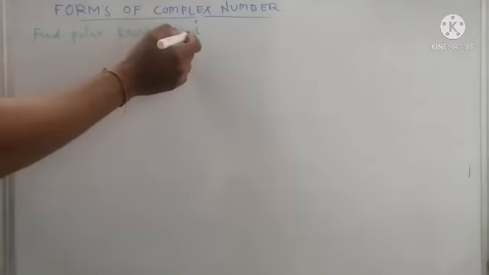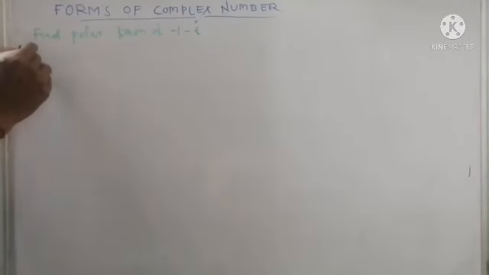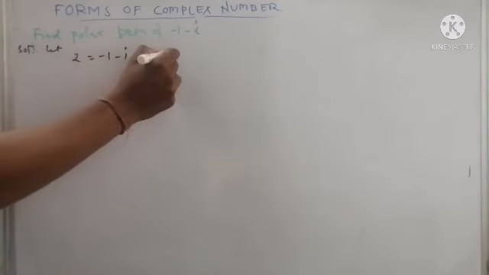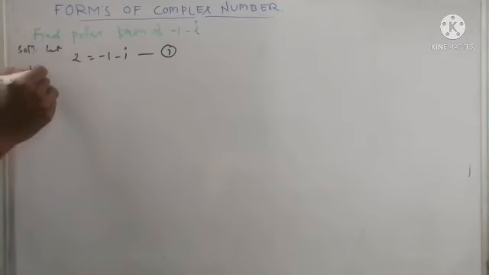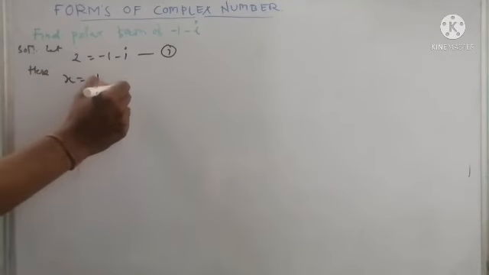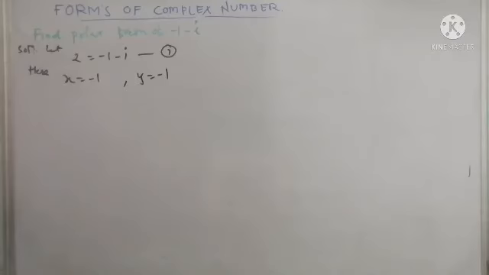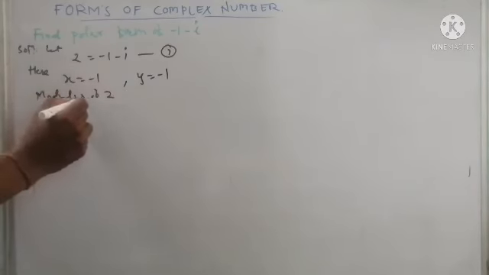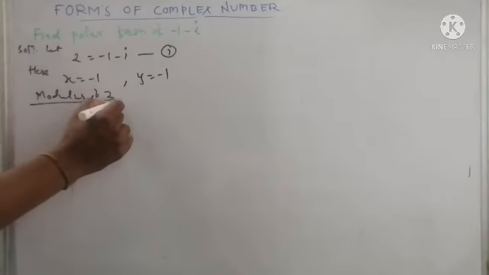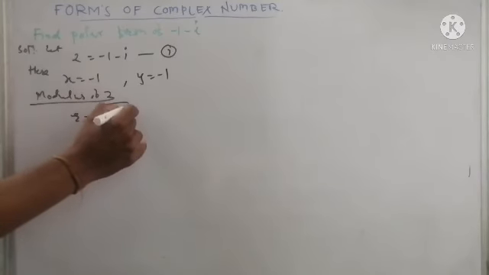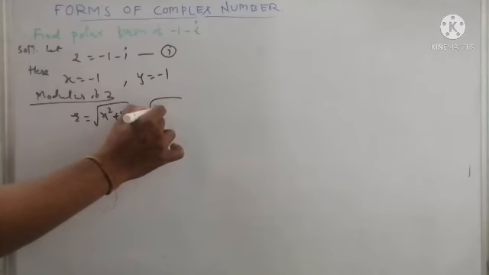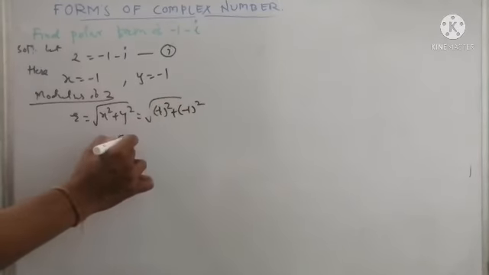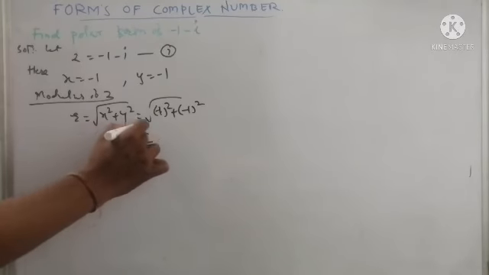Now the next complex number, minus 1 minus i. As this is the given complex number, we denote it by z is equal to minus 1 minus i. By comparing with the general form, we get the real part as minus 1 and the imaginary part also minus 1. So we first calculate the modulus of the given complex number z, as r is equal to root of x square plus y square. By putting the values of x as minus 1 square and y as minus 1 square, we get r is equal to root 2, as minus 1 square is 1 and 1 plus 1 is 2 in root.